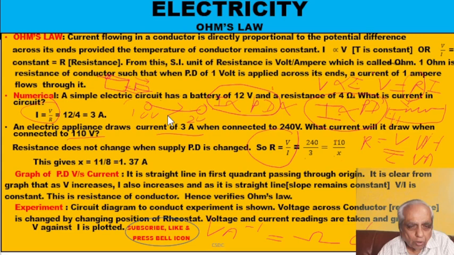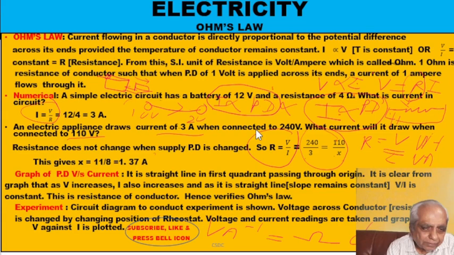So R is V upon I. In the first case it is 240 upon 3. In the second case it is 110 upon X. So you cross multiply and get the value of X. Simple algebra. So you will get 1.37 ampere. Is this all right? Now let us do an experiment